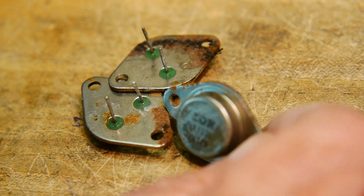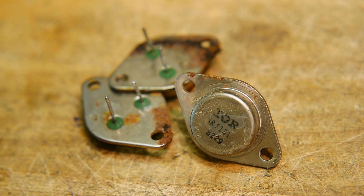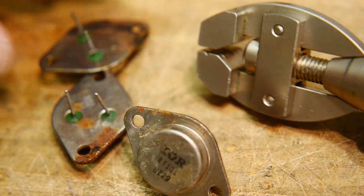IRF130s. So they're like lots of amps, N-channel FETs. And so I thought we'd open one up and take a look at it. Figured, well, that's what I'll do with one of them at least. So I'm going to use one of these clamps. I don't know if you've seen these clamps before, but we will